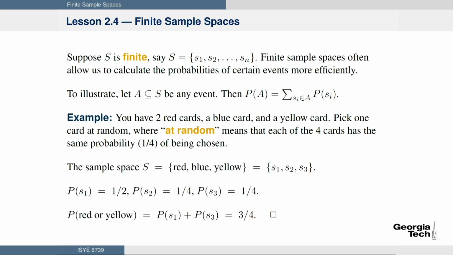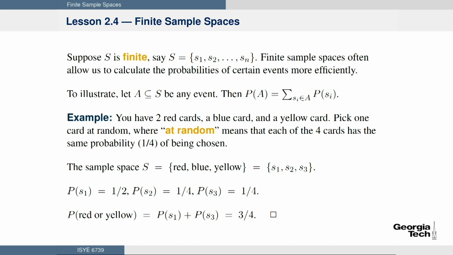The sample space for this experiment is just seeing the outcomes red, blue, and yellow. And those can be denoted little s1, little s2, little s3. So for instance, if we see red, that corresponds to the outcome little s1. Because there are two red cards out of the four, you can easily see that the probability of a red card, the probability of the outcome little s1, is a half. The probability of s2, which is a blue card, is a quarter,